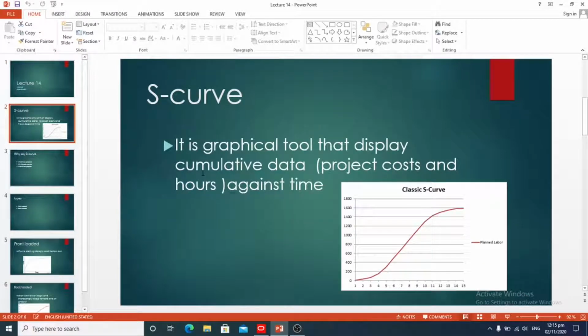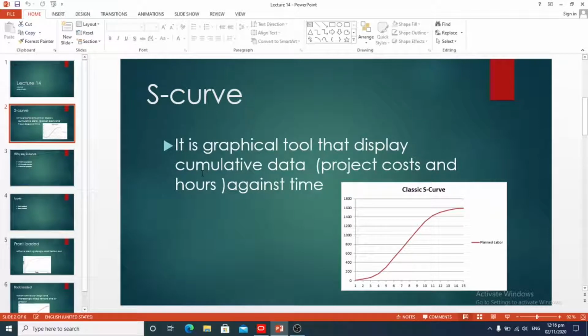The S curve in project management is a form of mathematical theory which aims to represent the utilization of resources over the proposed time of our project. The curvature illustrates the side by side comparison of actual expenditure components and time versus the proposed time and cost allocation of specific resources. An S curve is a graphical tool that displays the cumulative data, project cost, quantities, or progress against time.